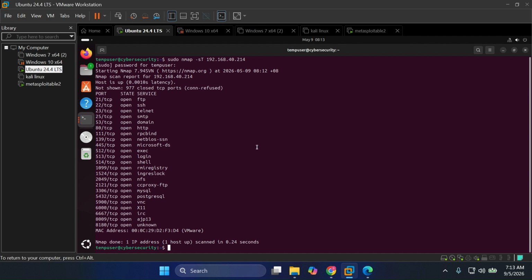So this is how you install the Metasploitable, and which is the fastest way to install the Metasploitable